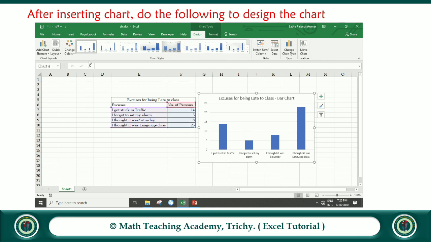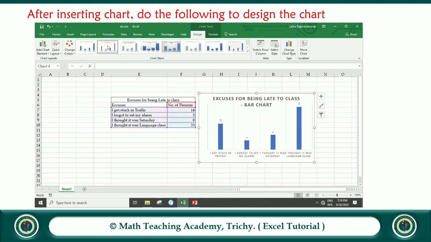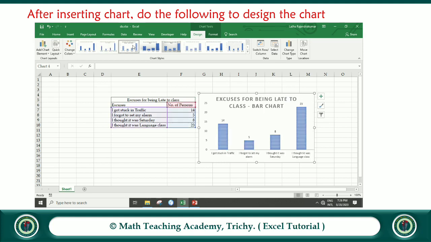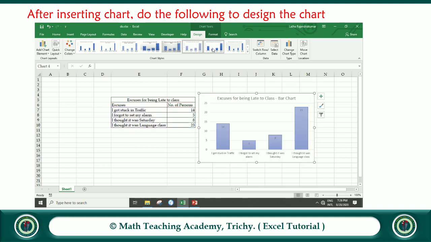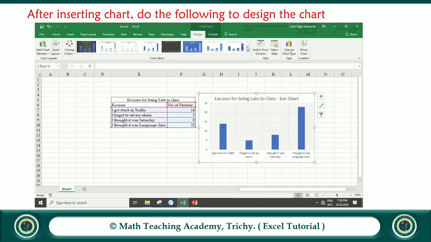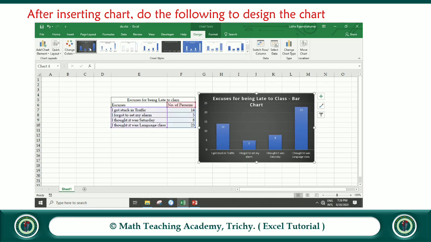So after selecting the design, the chart would have changed its design as per your selection. Now the chart has been designed.